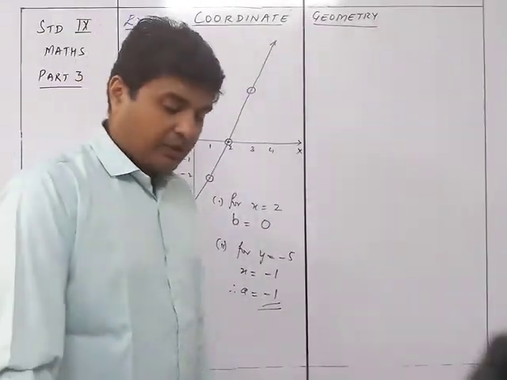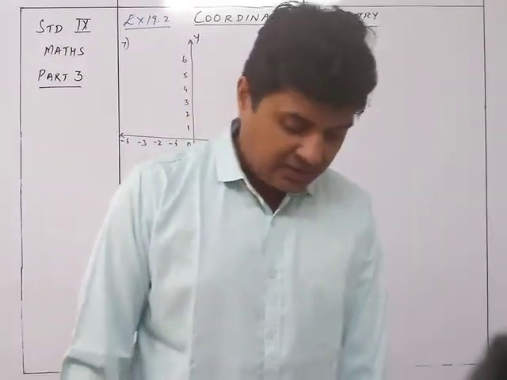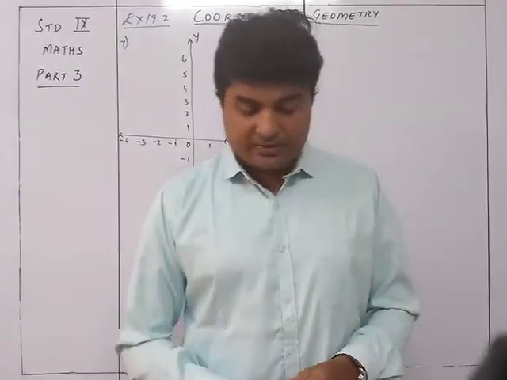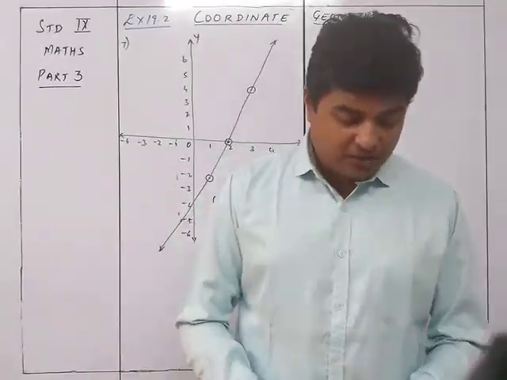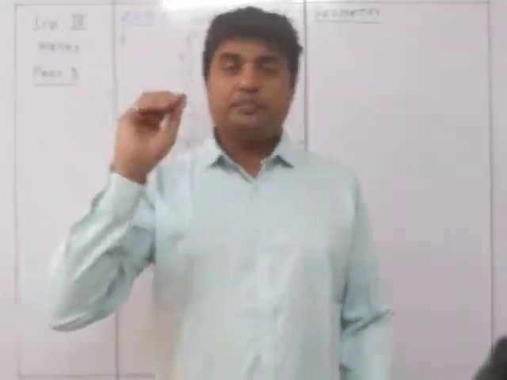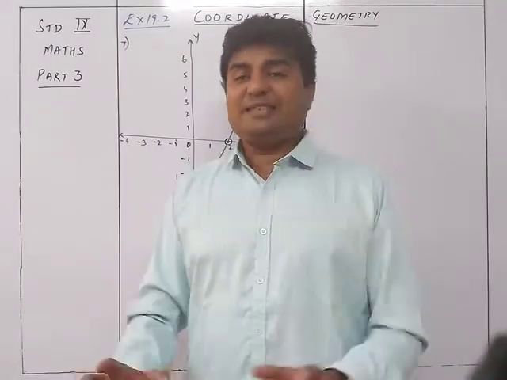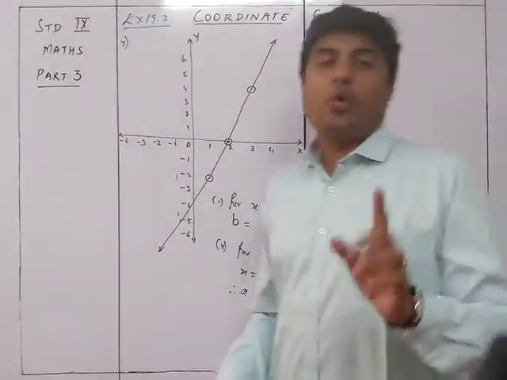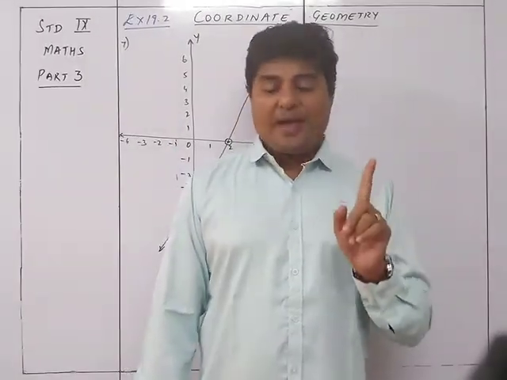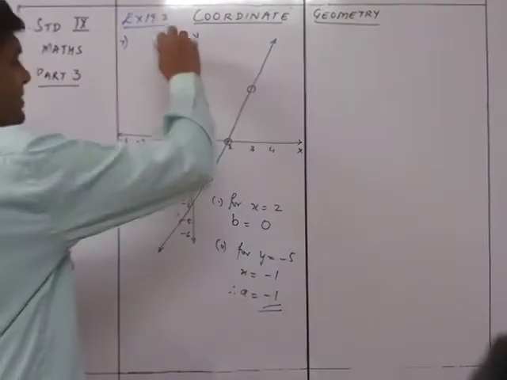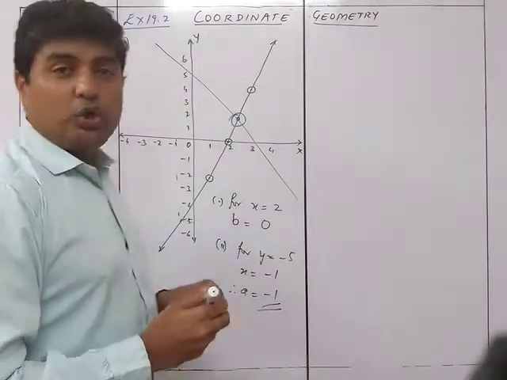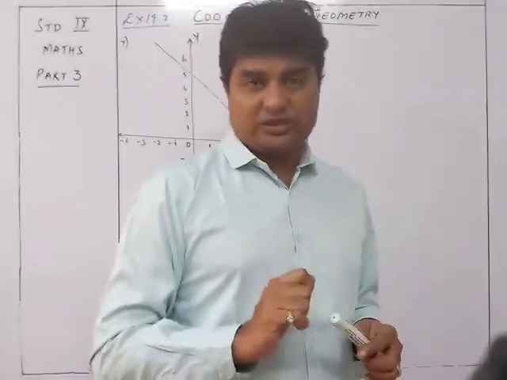So this is the thing we are having in exercise 19.2. That was the first exercise, 19.2, regarding the graph of an equation. Now in the next exercise, 19.3, everything is the same. You need to do all these things, but the only difference is that instead of one equation, you're having two equations. So you'll be having two lines, one line like this and another line maybe something like this. And the point of intersection over here will be the solution set of your simultaneous equations.